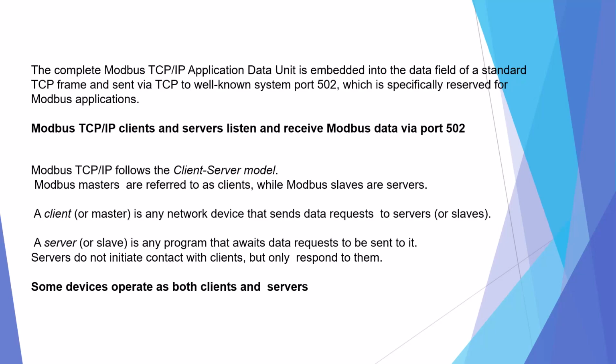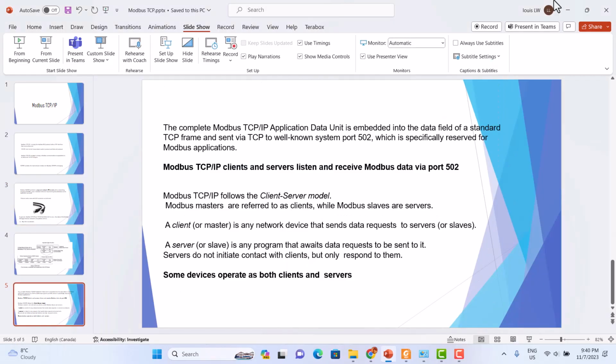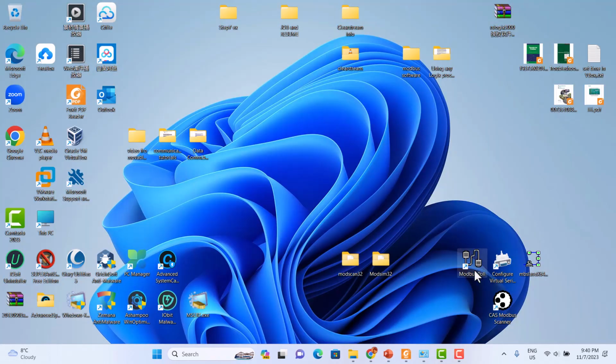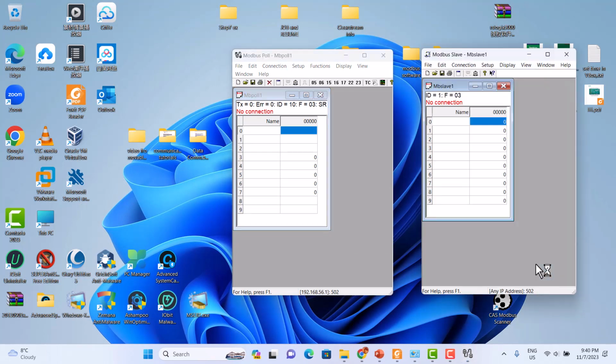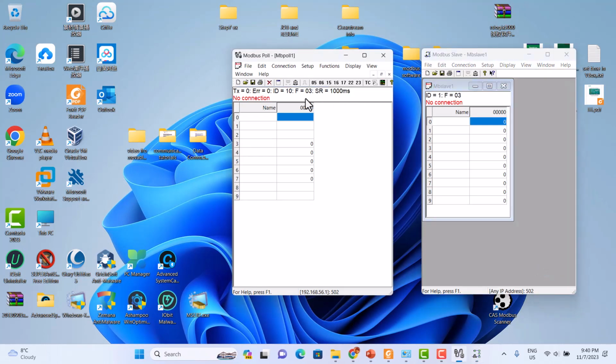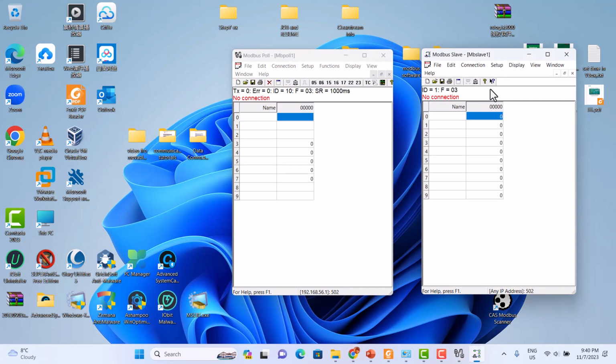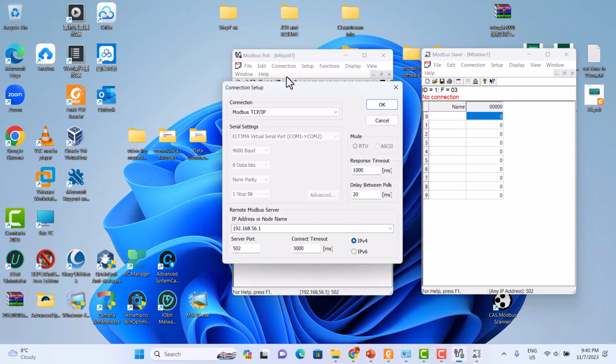If you do Modbus TCP/IP, we should do emulation. We use Modbus Poll and Modbus Slave to emulate this. It's very simple, all the same thing, just how to configure the connection. In the connection settings, we choose Modbus TCP/IP here and here. But for the IP address, we